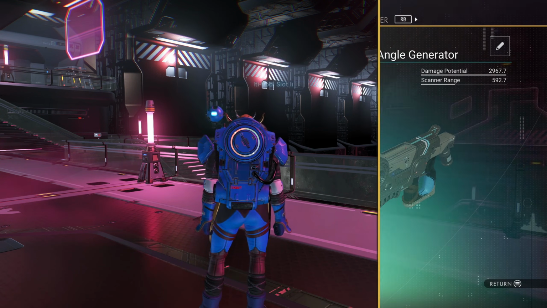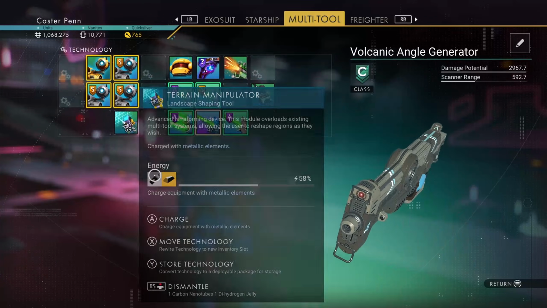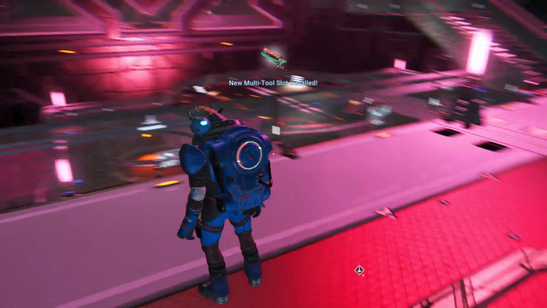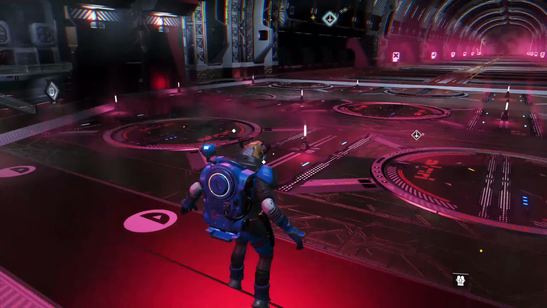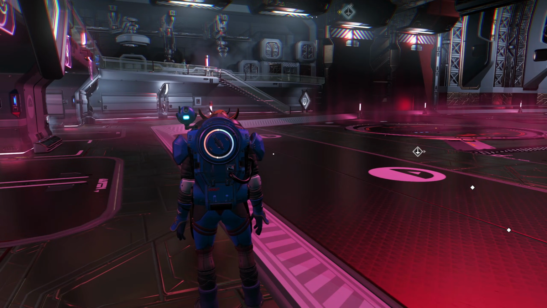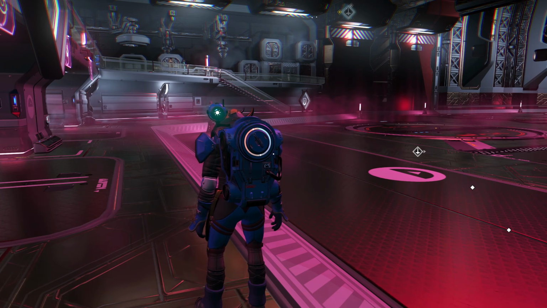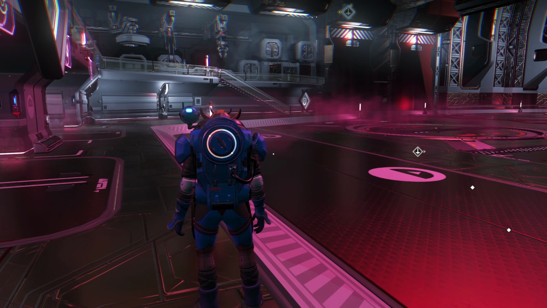And just to have a look, it wasn't a pistol, it actually was a C-class rifle, but it's pretty terrible. So yeah, that's the way to get those for free. Now, multi-tool expansion slots can be found the same way that storage augmentations can be found, either through crash freighters. I found them on there. You can get them from frigate expeditions as well, and you get them from other places, including, by the way,